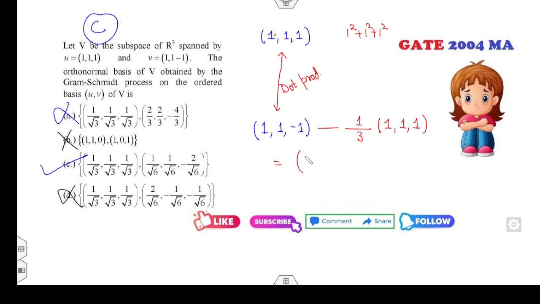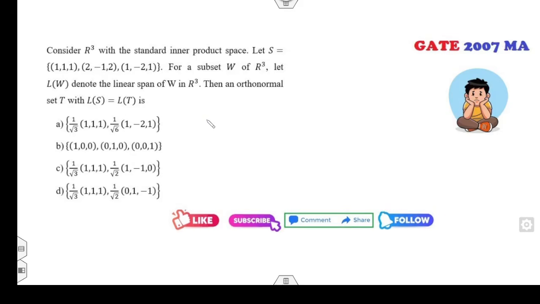Now you can solve them. It is 2/3, then 2/3, then -4/3. इसका मतलब ये नहीं कि ऑप्शन सही हो गया, इसको पहले सिंप्लीफाई कर लीजिए। इट इज 1 1 -2, नाउ डिवाइडेड बाय इट्स लेंथ। जिस तरह से पहले ऑप्शन में डिवाइड बाय लेंथ कर रहा था, वही चीज यहां करेंगे। अब ये ऑप्शन फिर से कैंसिल हो गया।